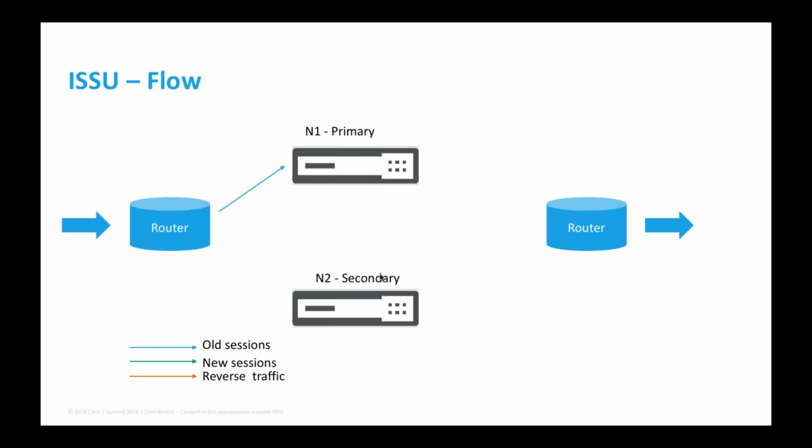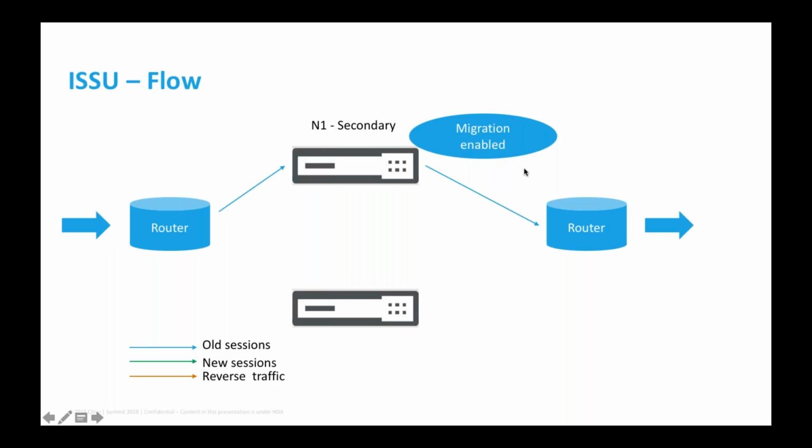So now the traffic is coming as usual, like it's coming to the primary. The router sees only the primary. Traffic is going to the backend. Now, assume we have already upgraded the NS2, like the typical upgrade process. Now we want to upgrade N1 primary, which is serving the traffic. So this is where we are enabling migration. This is a new CLI that got introduced in 13.0.